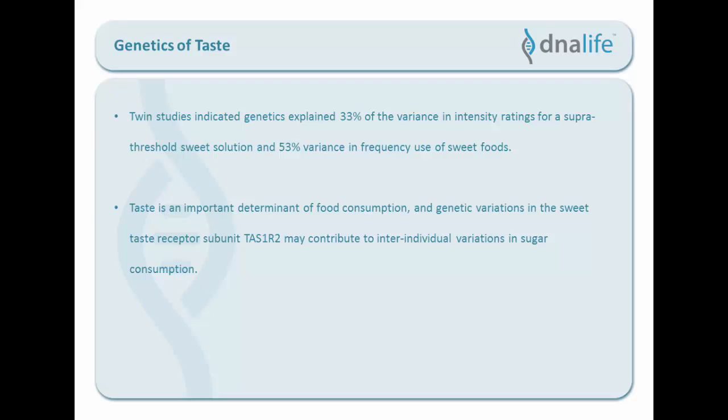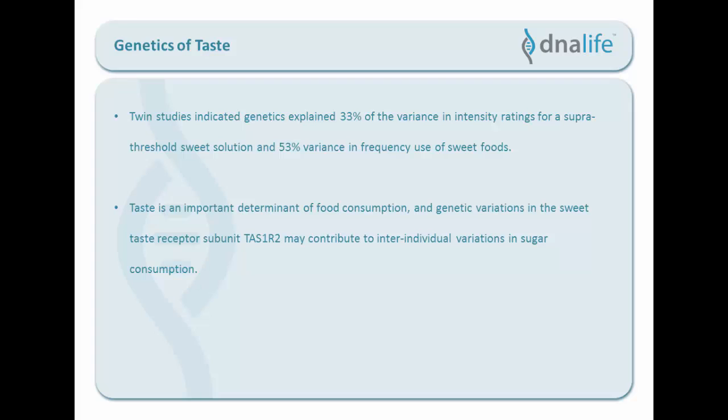And taste is an important determinant of food consumption, and genetic variations in the sweet taste receptor subunit, TAS1R2, may contribute to these inter-individual variations in sugar consumption. And the diverse tissue distribution of the TAS1R2 gene affects food intake beyond the detection of sweet taste on the tongue